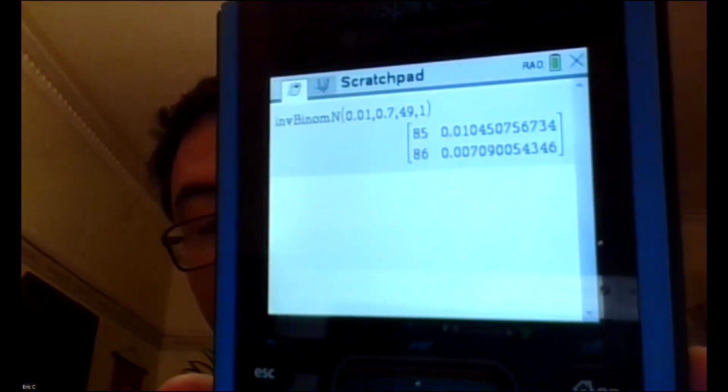So in this case, when n is equal to 86, the probability is less than 0.01, which is about 0.7%. So that's the answer there. So n is equal to 86. So what does that mean? It means that